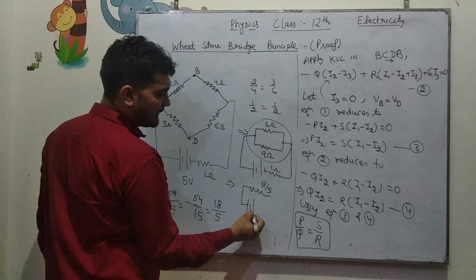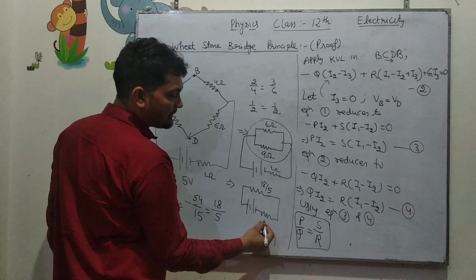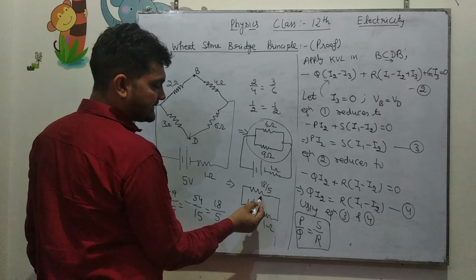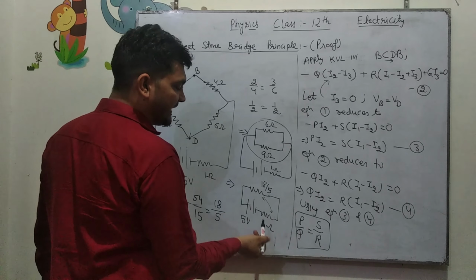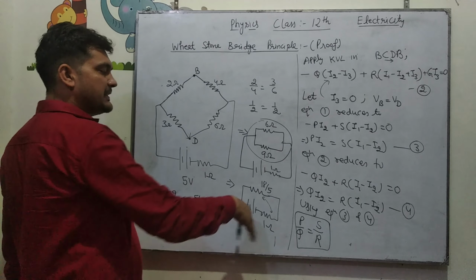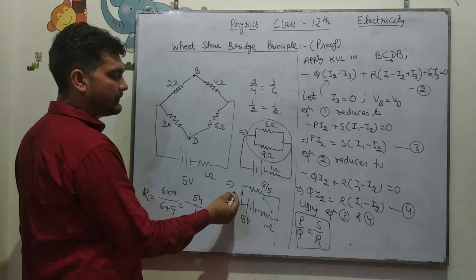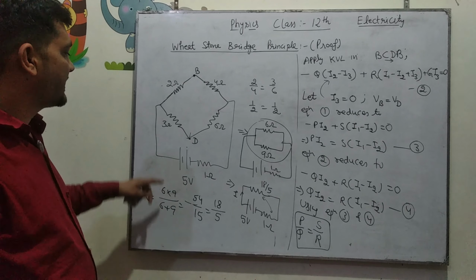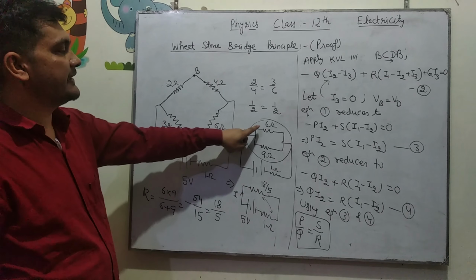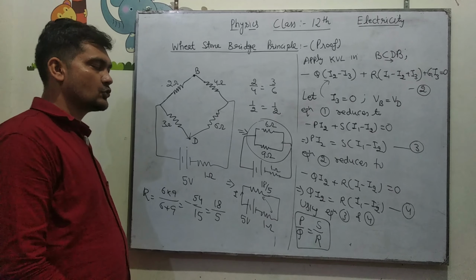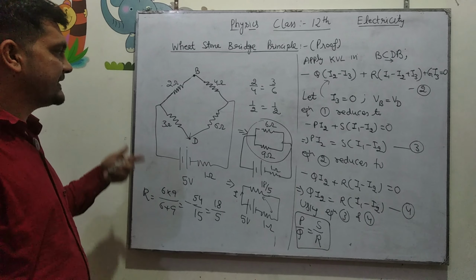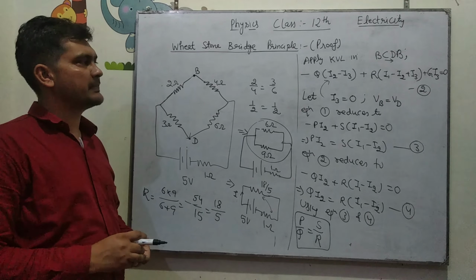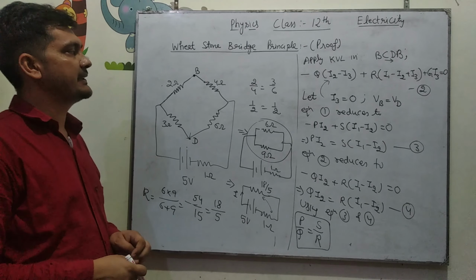And now you have a battery with an internal resistance of 1 ohm. The battery has EMF 5. So now this is a series combination of 18 by 5 and 1 ohm. So you simply add these 2 resistances and you can find the value of current. This current can be obtained from the circuit. So this current will then be divided into 2 parts, which you can solve easily. So this is the method of applying Kirchhoff's voltage laws and Wheatstone bridge principle to solve simple numericals.